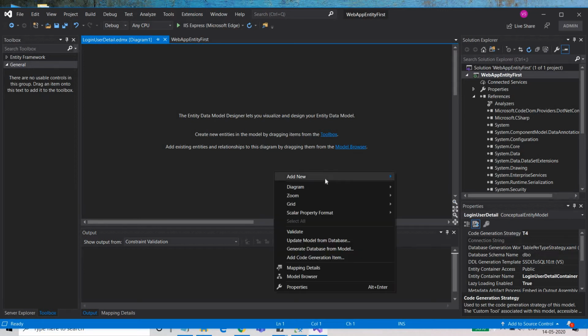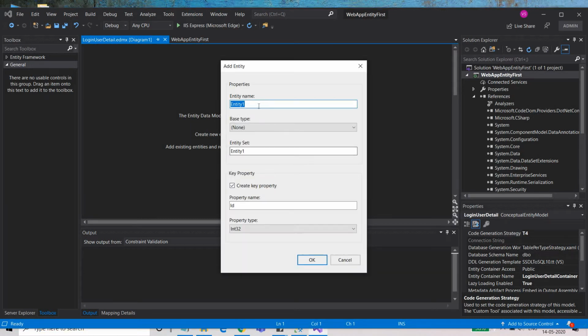I'm just going to add a new entity. I'm going to give a name to it, login detail. Sorry, I want to give the name user login detail, and this entity name is user login detail.